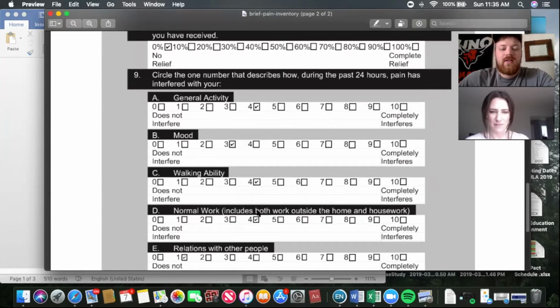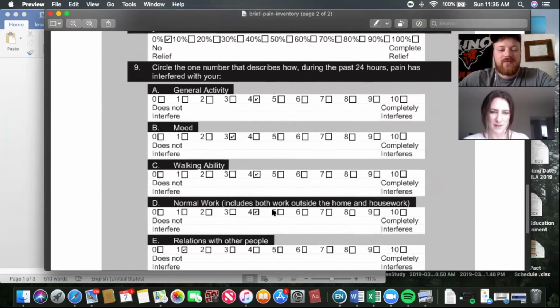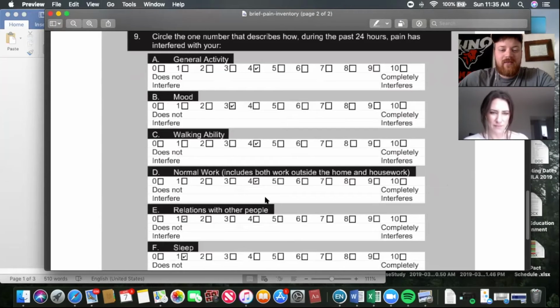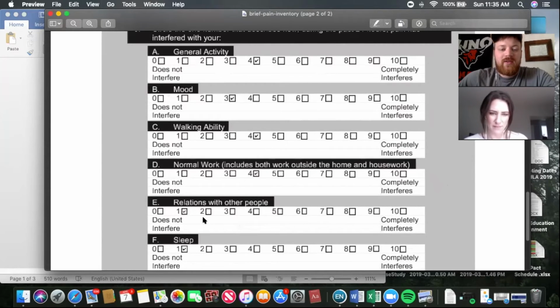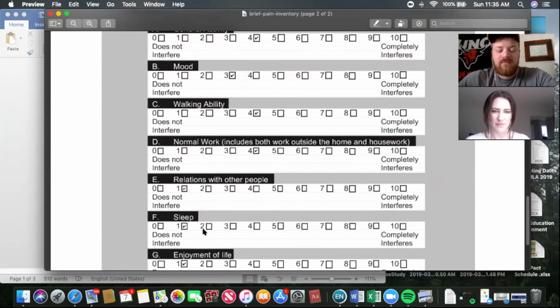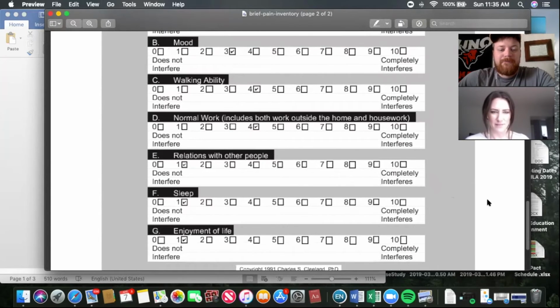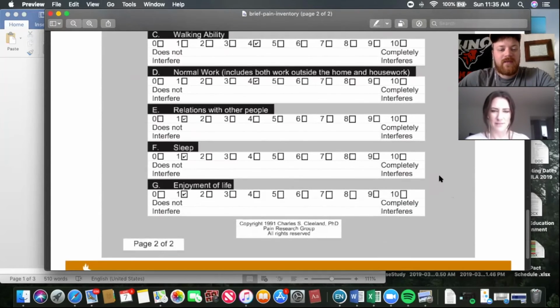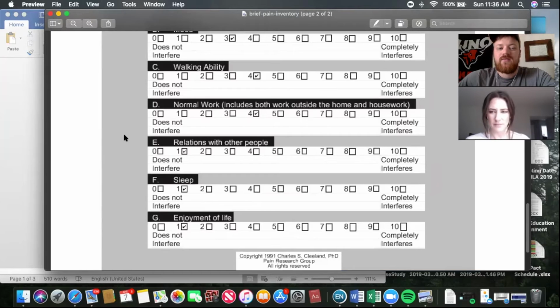Normal work. Relations with the people, doesn't interfere with him much. He's a pretty happy-go-lucky guy already. Sleep, not really, just because he's horizontal. And then enjoyment of life, yeah, that's not really bothering him too much there. So I didn't feel the need to pull up,